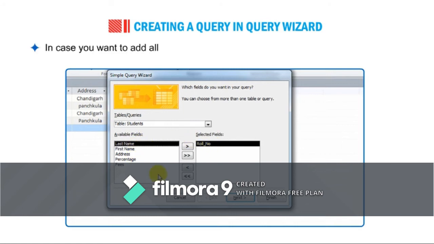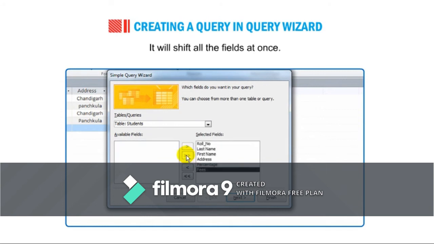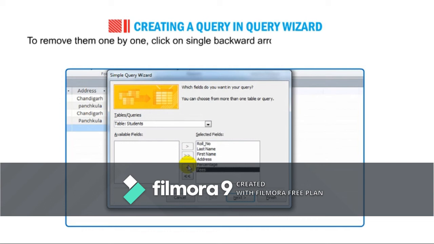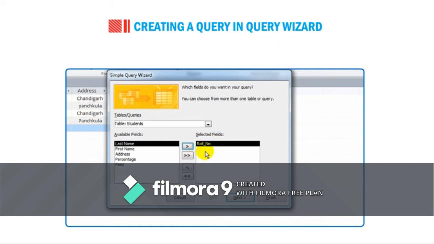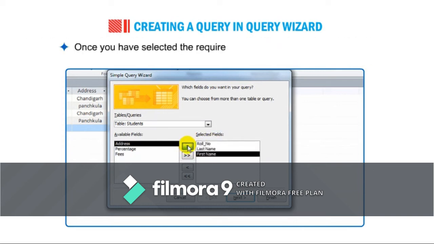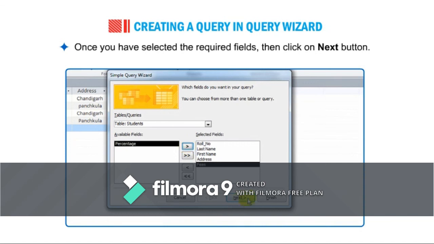In case you want to add all fields, then click on the double forward arrow button. It will shift all fields at once. You can remove the selected fields from the Selected Fields box. To remove them one by one, click on the single backward arrow button, or to remove all at once, click on the double backward arrow button. Once you have selected the required fields, click on the Next button.